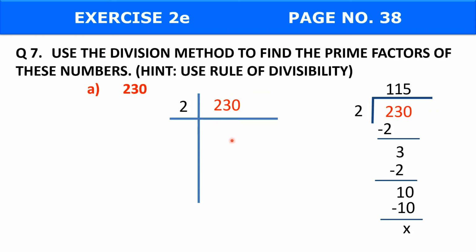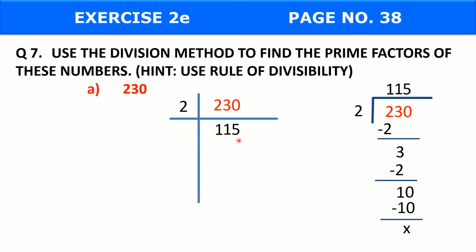Now I will show you how you perform this division in your mind. Again, look at your number, which is 230. Consider the first digit and divide it with 2. 2 times 1 is 2. Consider the next digit, which is 3, and divide it with 2. Again, 2 times 1 is 2. Remainder 1. Keep this remainder in your mind. 1 with this 0 becomes 10. So 2 times 5 is 10. You see how easily I perform this division in my mind?